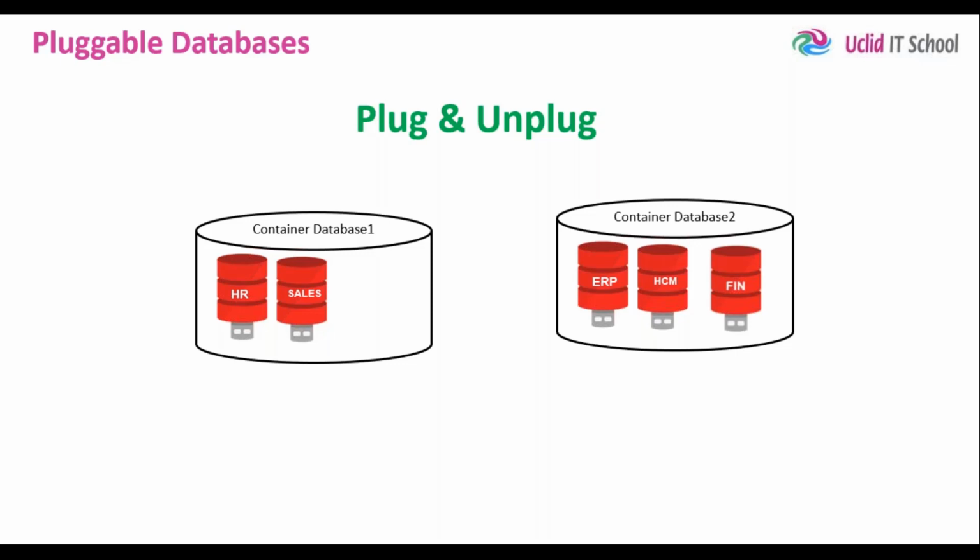You unplug it. Just one command, alter pluggable database fin unplug into, will unplug it. It's not a complicated process. And again, you plug it in with another command. So with just two commands, you do this operation. It doesn't matter whether these container databases are on the same server or on different physical servers. Your unplug and plug operations are very quick, rapid. Assume you want to do this with a non-container database, moving one non-container database to a different server, how much effort would you require?